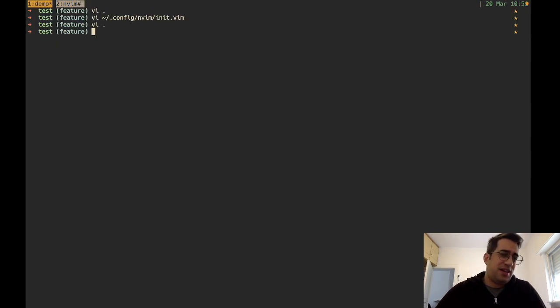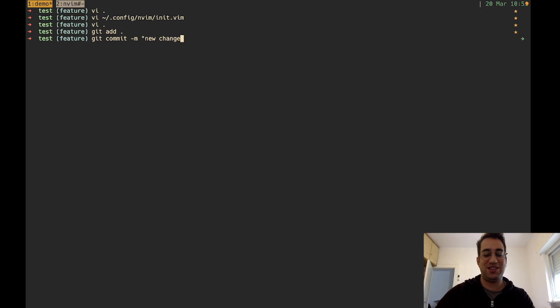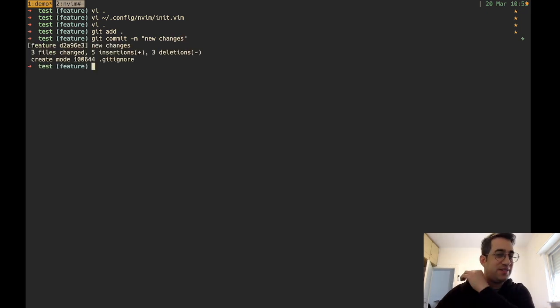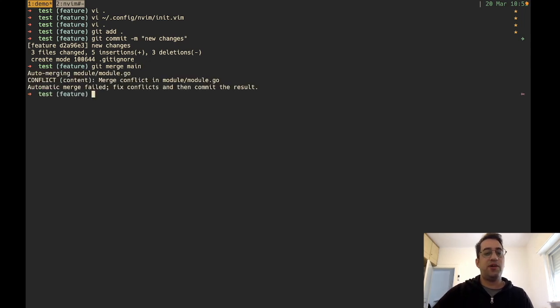Okay, so Vim has a built-in merge tool as well. In this case, I've created this kind of test repo, and let's say I'm doing add everything, and let's commit these changes, and I'm going to just say new changes. Very bad commit message. And let's try to merge with main. Okay, and whoops, we have a conflict here. So I actually mapped the nvim merge tool with the git merge tool. So I can do git mergetool,